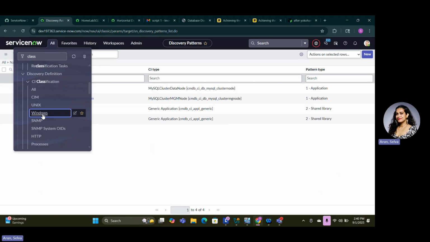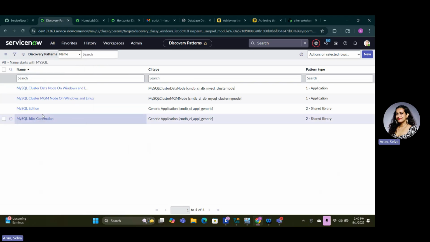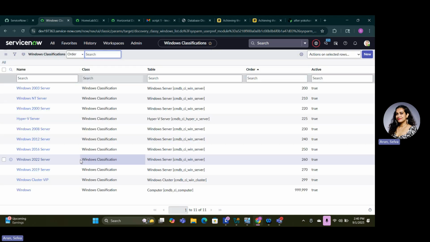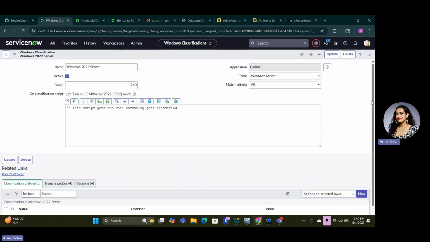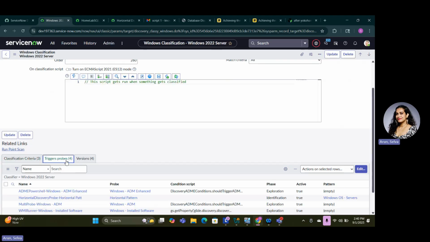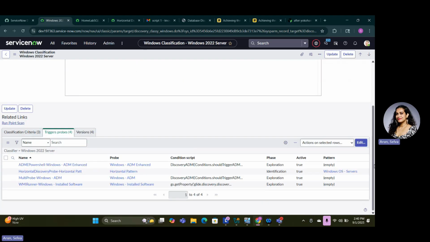So let's come here to the Windows. My Windows system is actually 2022 data center. Let's check if that pattern is actually added. The OS pattern, trigger probes. Okay, perfect. So we have everything here, the ADM enhanced, which is nothing but the advanced dependency mapping, and